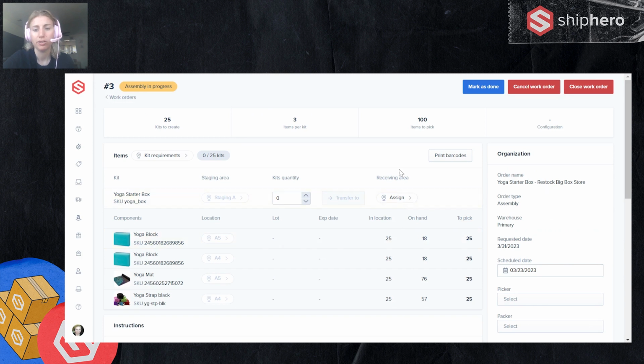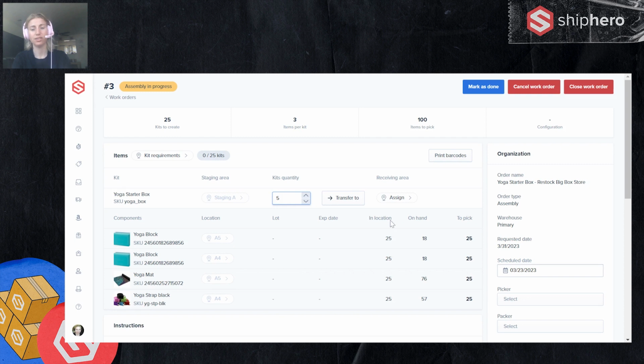So we want to mark a receiving area. You have a few options. Your receiving area could be a pickable bin. I built these first 5. We're still working on the other 20, but I built the first 5, and I want to put these in a pickable bin so we could start shipping them. Maybe orders already need them. So we want to put these directly in a pickable bin.